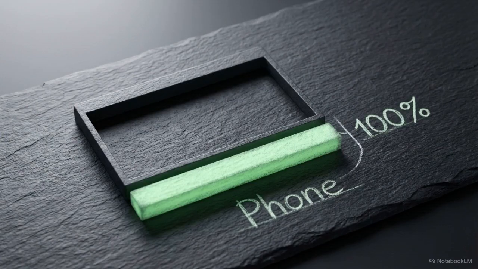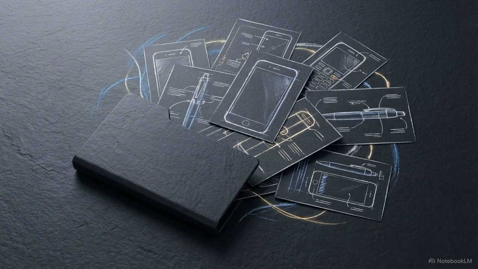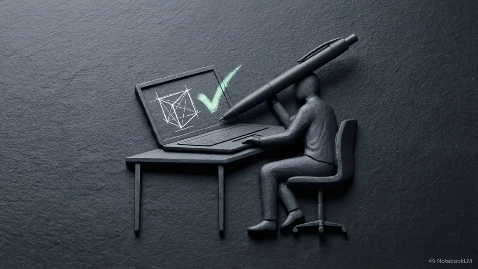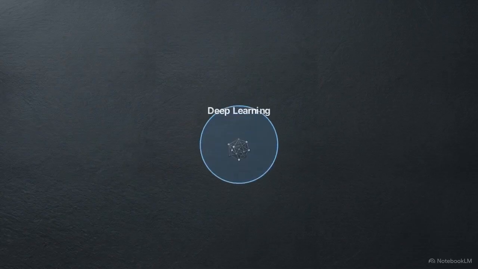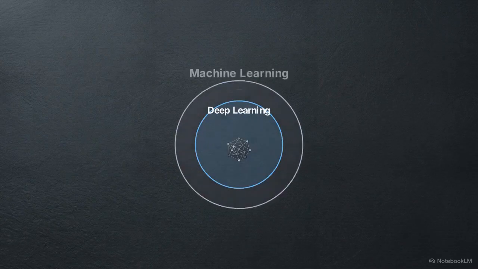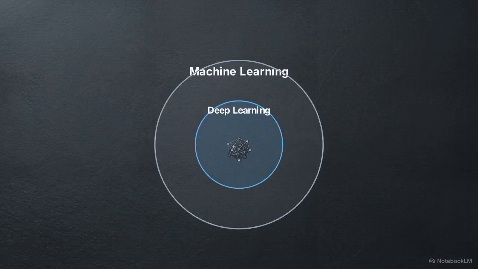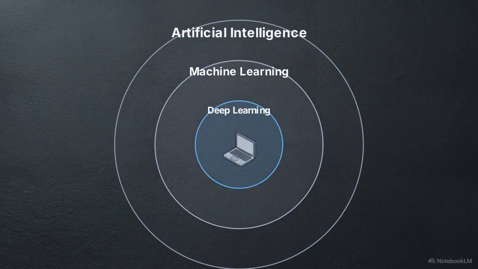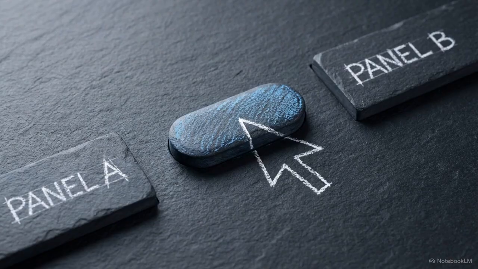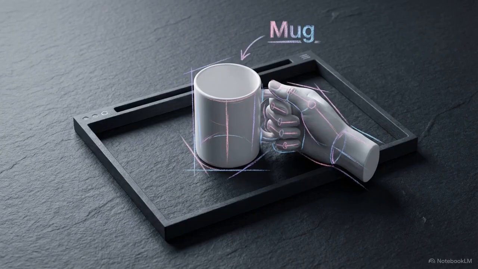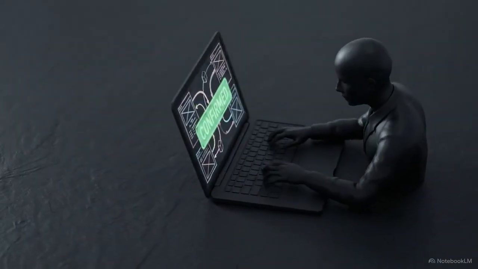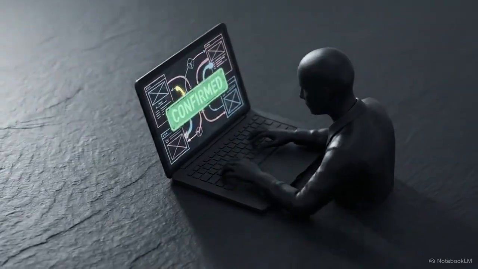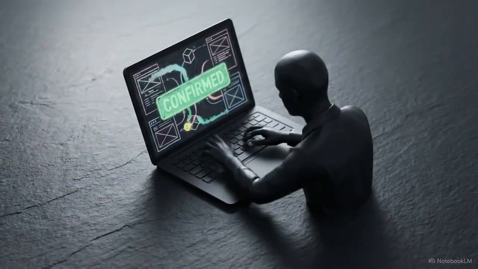Take a look at your working preview window. You gathered raw data, trained a functional model, and built a working AI in under 6 minutes. You utilized deep learning neural networks. You powered them by executing machine learning, and you successfully created artificial intelligence on your own computer. Don't stop here. Go back and add a third class. Try training it to recognize a coffee mug, or see if it can successfully distinguish between two of your pets. By understanding how these hidden tools are built, you stop being a passive target for algorithms. You transform into an active, informed